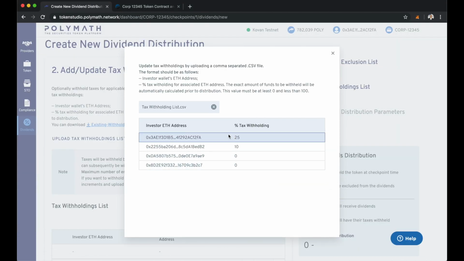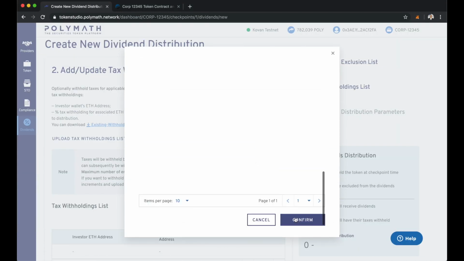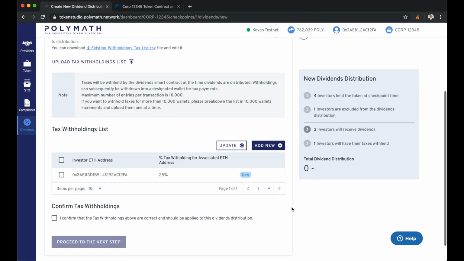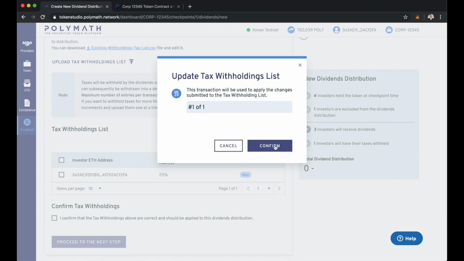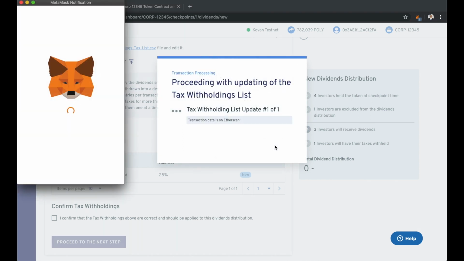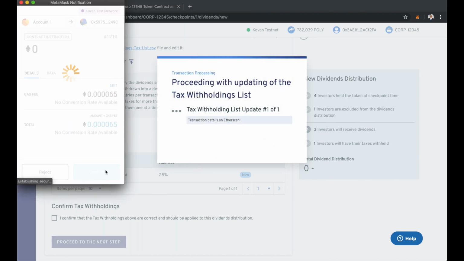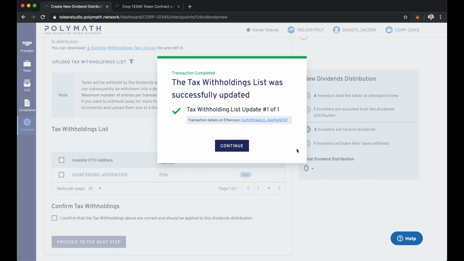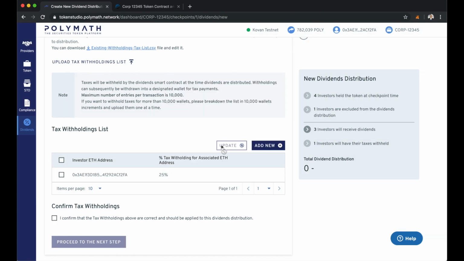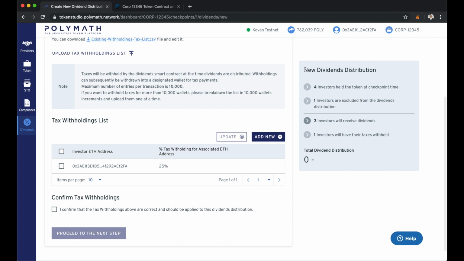So we'll open that. We can see here, all correct. Confirm. We'll make sure we click this update button here just to update the tax withholdings list. Confirm. Confirm here with MetaMask. And continue. So if we pay attention over here to this light blue box, we can see there were 4